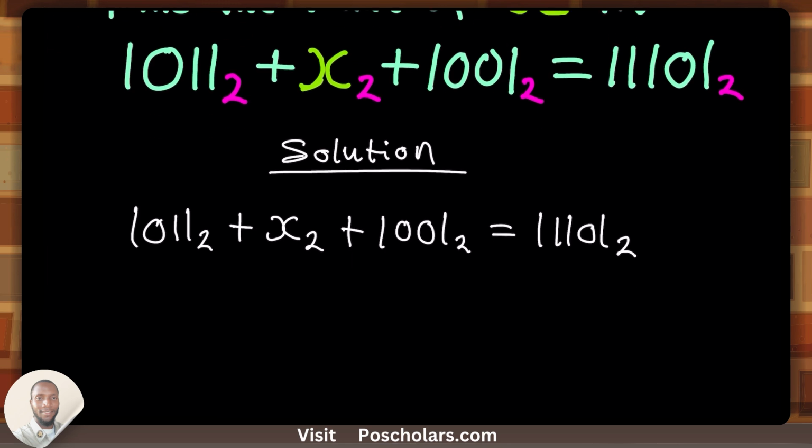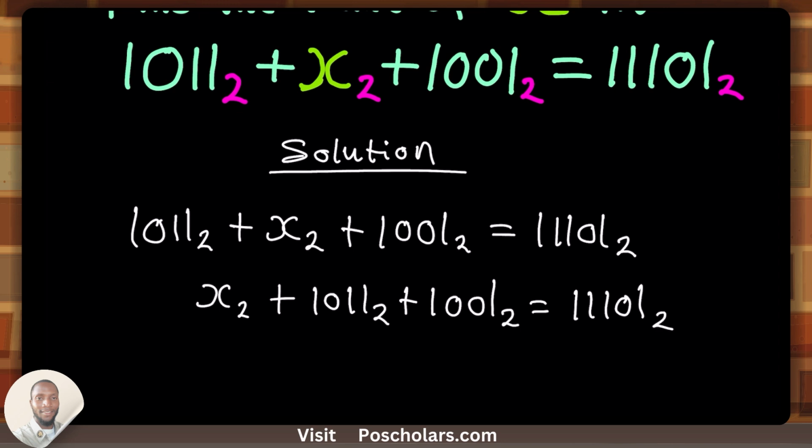Then you have been given the information that the base of the value of x must be 2. It simply means that the digits you get for x must not be greater than or equal to 2. So what we are going to do now is collect like terms. It simply means you combine this and this together, right? So we have x base 2 plus, take note, there's an invisible plus here, so plus 1011 base 2, then plus this particular one, 1001 base 2, equals the right hand side,